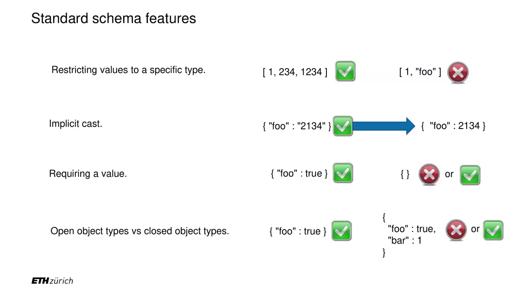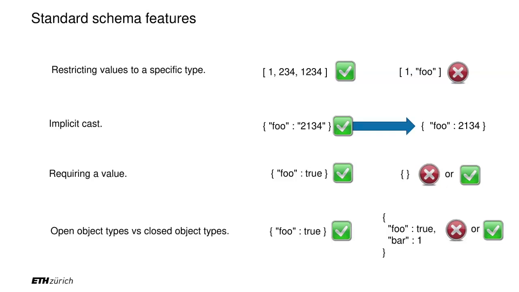Second, there is annotation. You can implicitly cast. Who heard of the word cast? Who never heard the word cast? I thought 3-valued logic in the lecture hall. All right. So indeed, when you have the JSON string foo2134 and you expect this to be an integer, that's going to implicitly cast it to an integer in memory. You're going to have a representation of the integer, so it's as if it would be unquoted. You would remove the quotes.